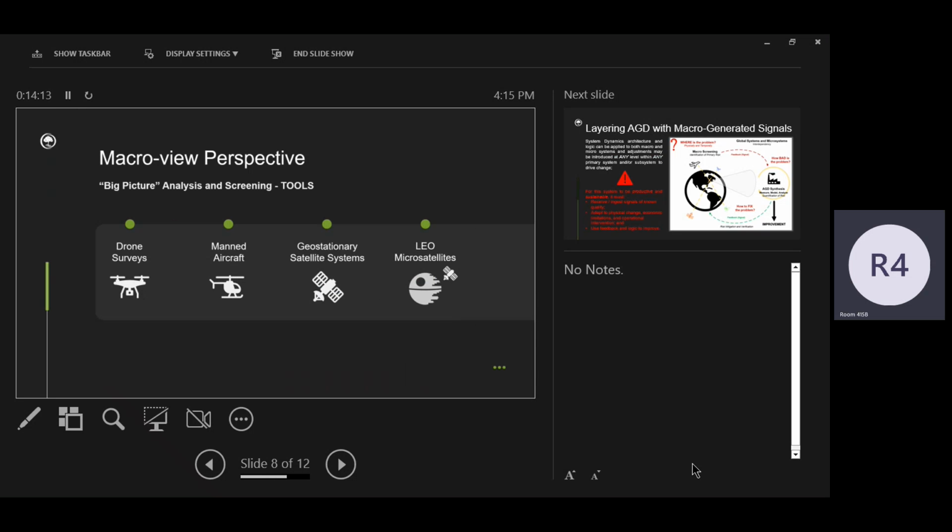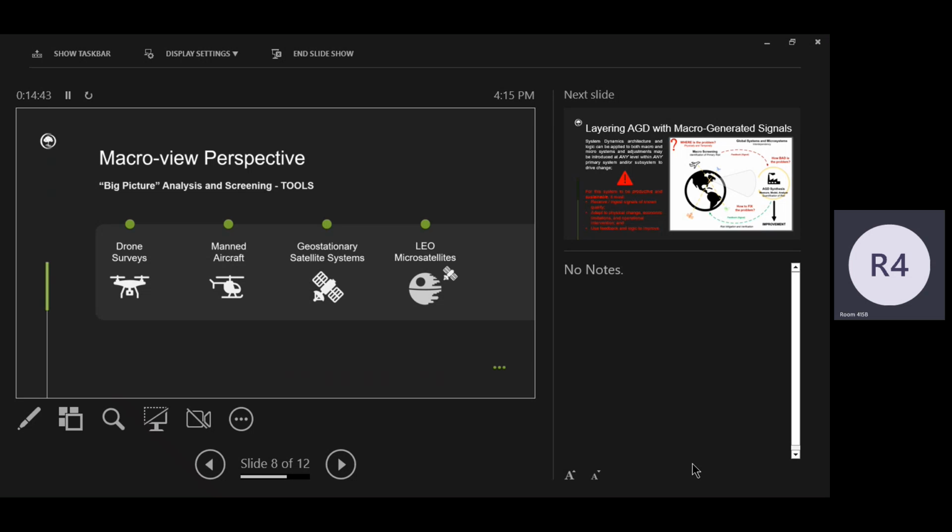So we've talked about the asset grade, the SIMS instrumentation and the process monitoring, but then there's also the macro view perspective. What I call macro view is any sort of big picture view, whether it's drone surveys, manned aircraft, geostationary satellites, or low Earth orbit satellites. And I put the Death Star as